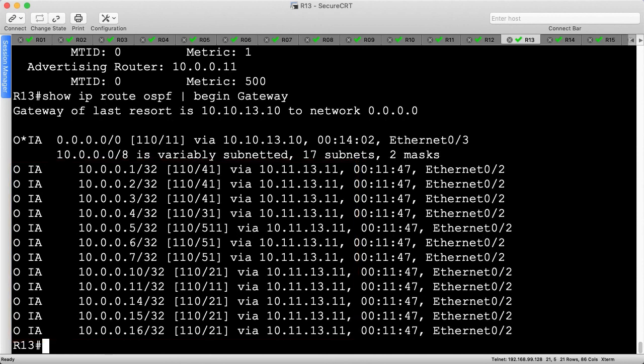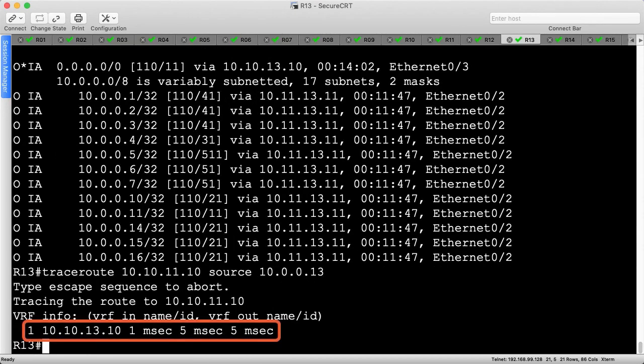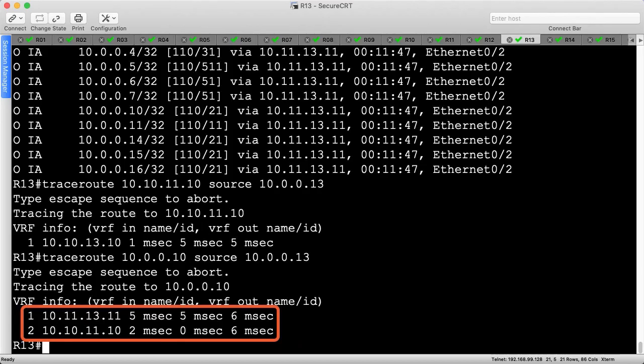To quickly test it, I'll traceroute to 2 IPs on R10. First, I'll target the transit link between R10 and R11, which should follow the default route through R10. R13 followed the default route through R10 to reach this destination as expected. Next, let's try R10's loopback, which should take a different path. Because R11 injected longer matches for the loopbacks, R13 prefers R11 as an egress point from Area 3 towards these